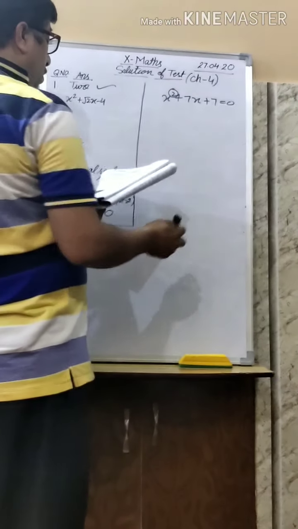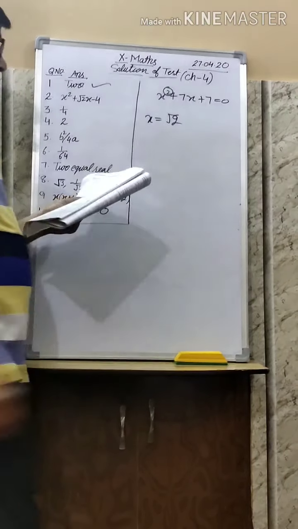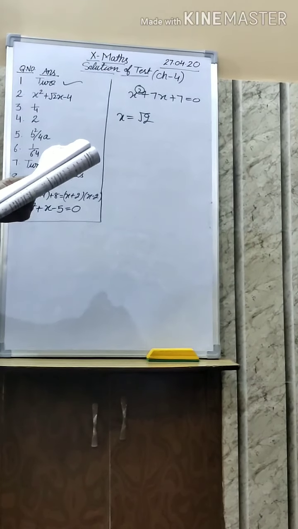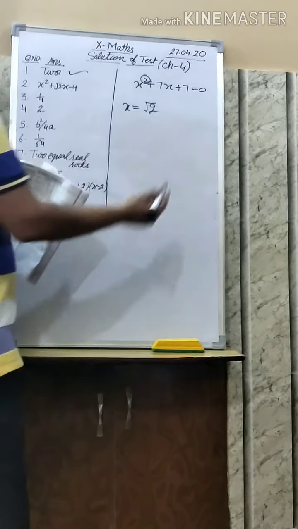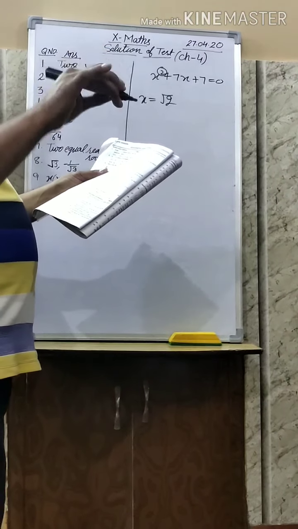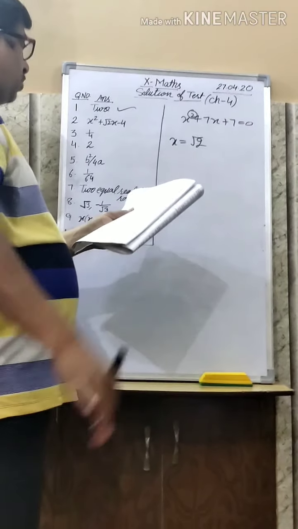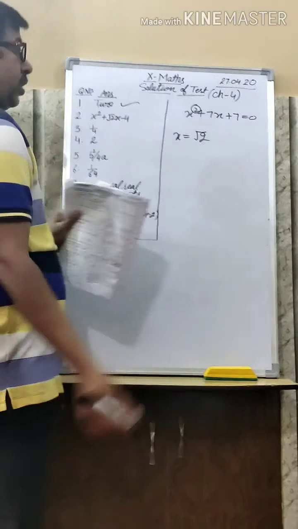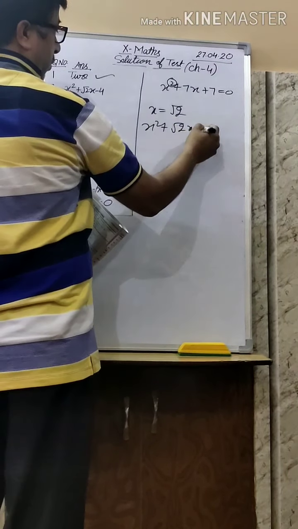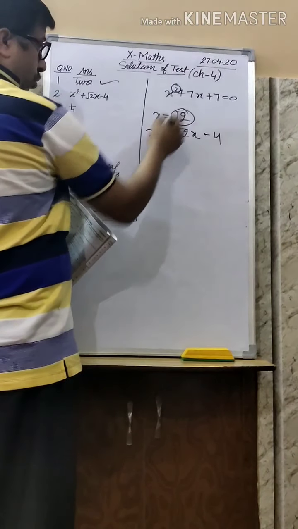x = root 2 is a solution of the equation. Equations are given, then you have to check. So no problem. You have to check one by one, in the first part, then the second part, then the third part. You put x = root 2 in which part, then no problem. If I say this is the answer, x square plus root x minus 4, then no problem. You put x = root 2.